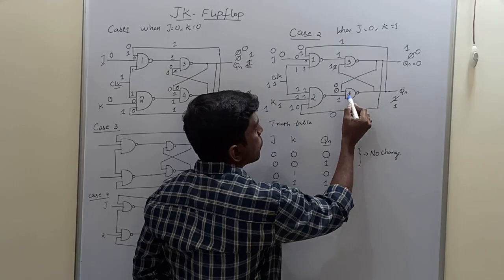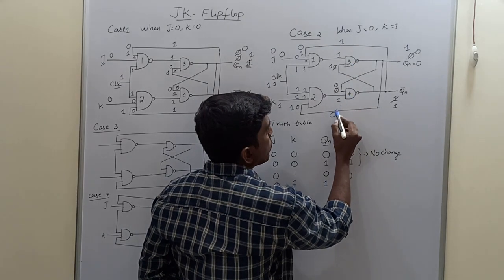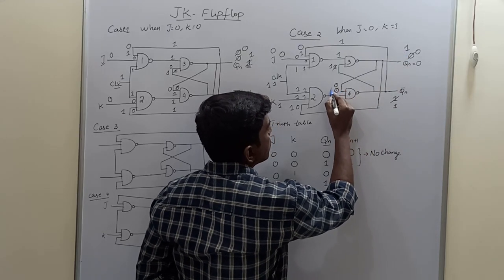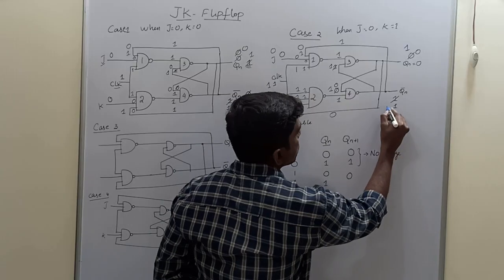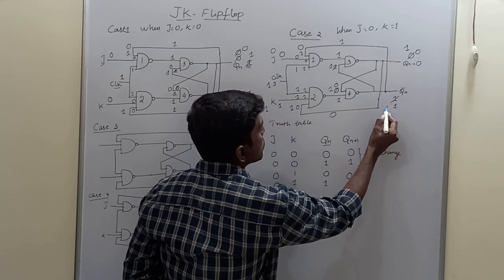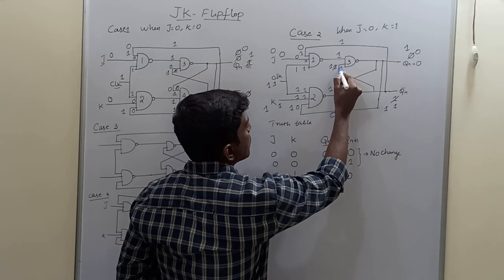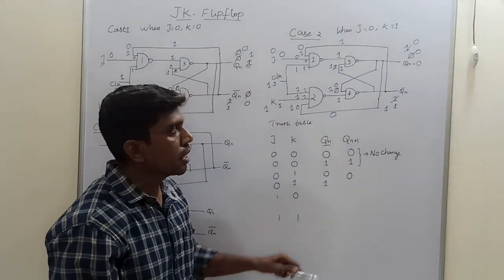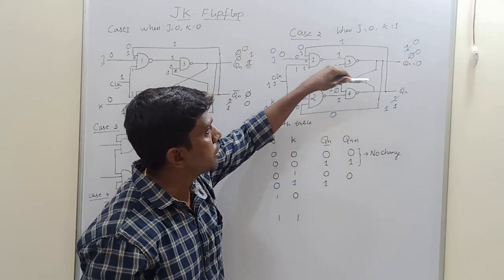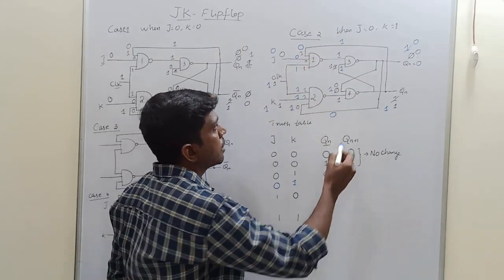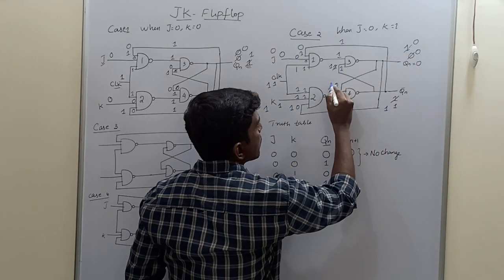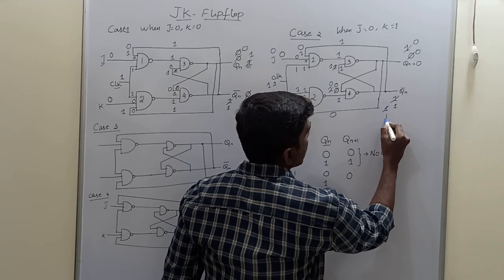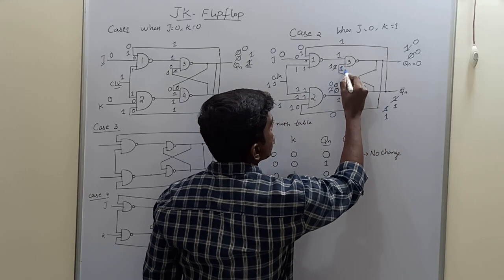Then come to third and fourth NAND gate. So fourth NAND gate one input is 0, so another input get from Qn, so Qn value is 1. So 1 0, Qn bar is 1, so this one is feedback to here. So 1 1, Qn is 0. Again this Qn and Qn bar is feedback to third and fourth NAND gate. So this 0 is feedback to here. So 0 0, Qn bar value is 1. So this 1 is again feedback to here.